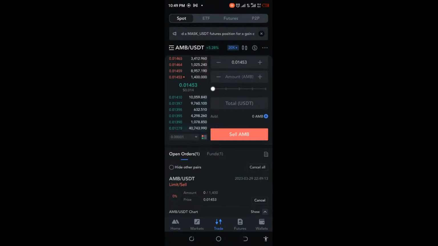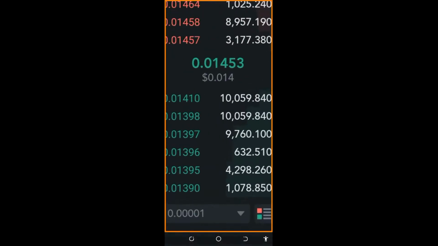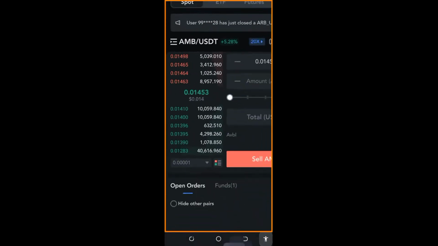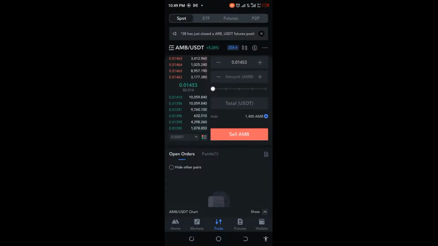All right, let's see whether we can get this sold quickly. Let me cancel that and see whether we can use our order book to sell. But we need to check whether we can actually get that done. Okay, you can see here, what we want to do is sell, so that means we need to pick